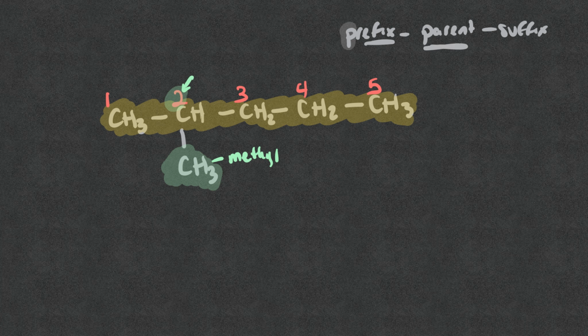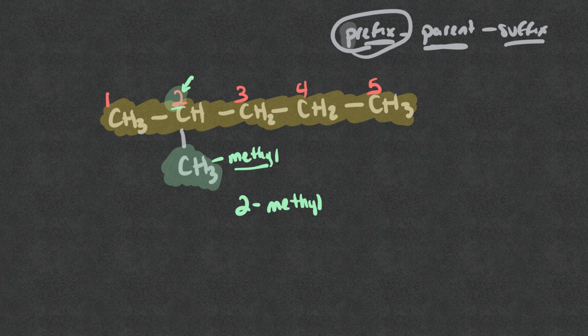Parent is your main body set of carbons, and the suffix is the family that you're in. And so first we're going to start with the prefix. What prefix are we going to use? Well, we're going to number what carbon and what substituent we have. In this case, we have a 2-methyl, so I'm going to write